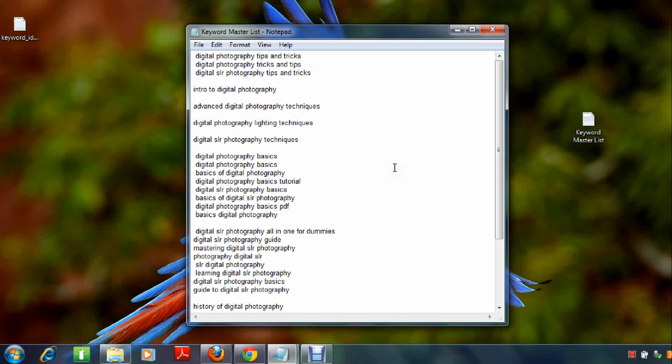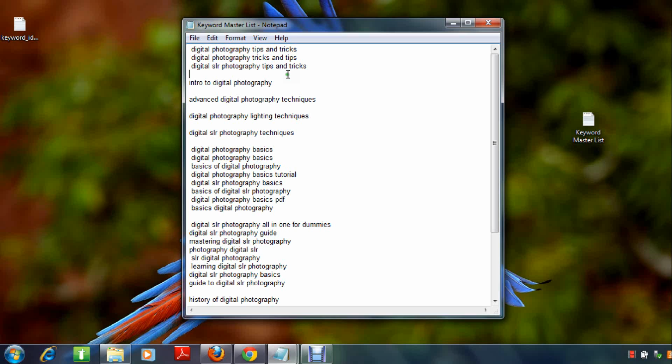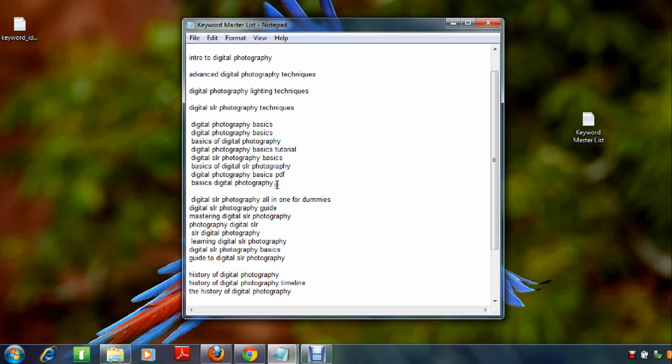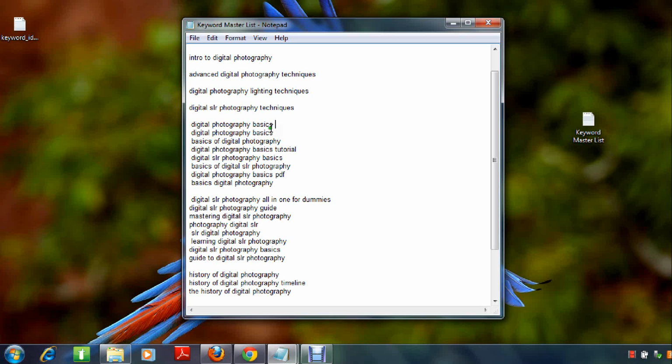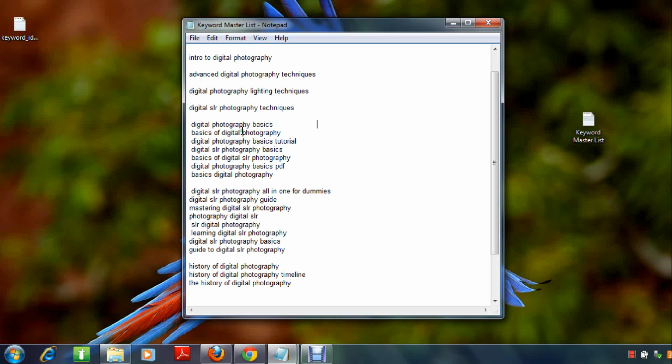Okay, so now that you have all of your keywords, your key phrases in a master keyword list, what you want to do is take the main keyword of each group. If you have a lot of groups, for example, this is a big group of key phrases, you want to take the main keyword, which is going to be the keyword on the top. This is actually a duplicate. You want to take the main keyword here